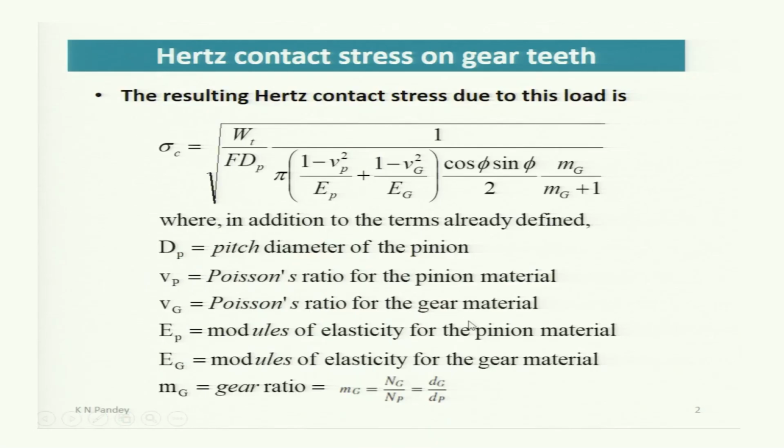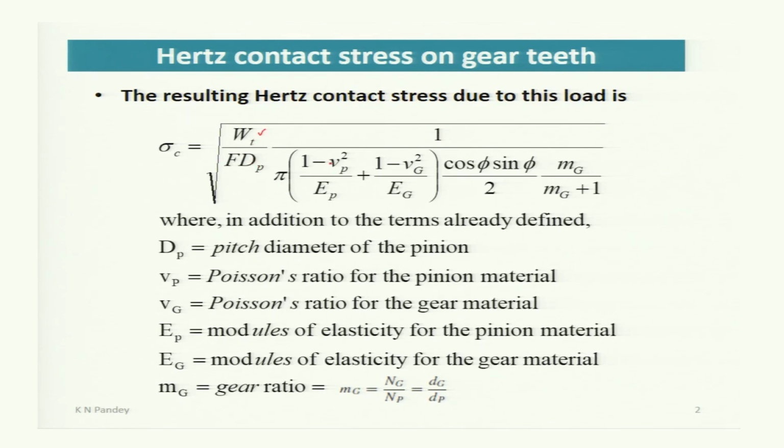So, let us first review the surface fatigue phenomena which we studied in our previous lecture, and then we will continue that to the end of the design of spur gear under surface fatigue phenomena. The Hertzian contact stress which we studied in the previous lecture was given by sigma c is equal to Wt, which is the transmitted load, F is the face width, dP is the pitch circle diameter of the pinion, multiplied